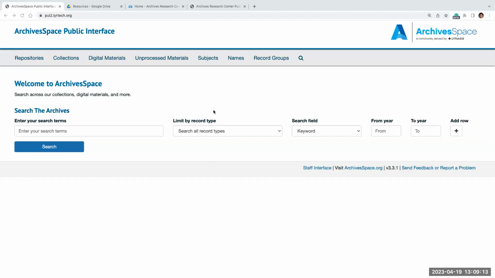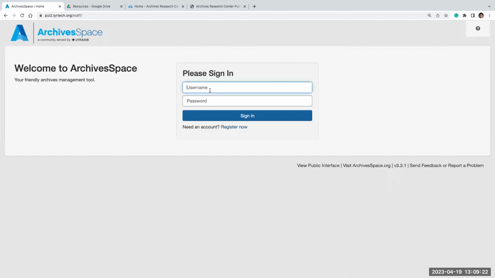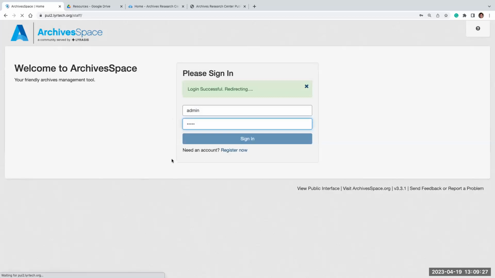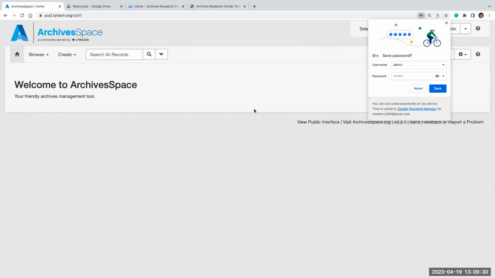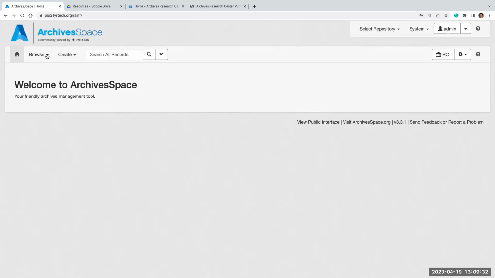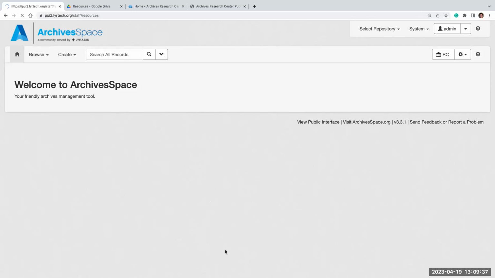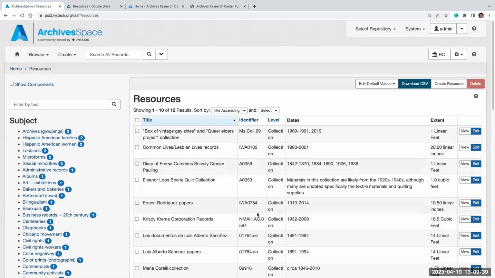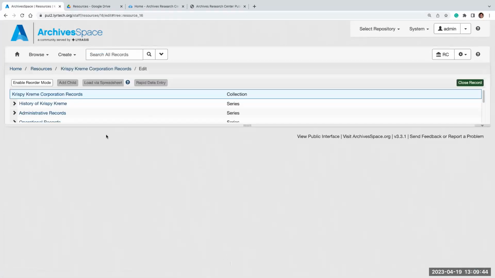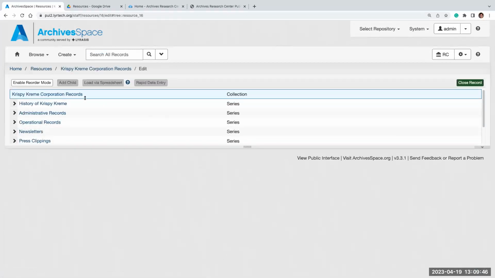So I can show you what that looks like from the staff side, just to give you a brief overview of how that functions. So you go back to the staff interface and you log in. Don't worry about changing a password. And you can say you already have a resource record created and you want to edit it or add to it. So we'll go into Krispy Kreme. We'll go into edit. Everyone loves a good donut. And then we're like, we need to add